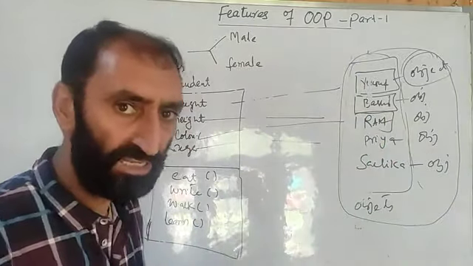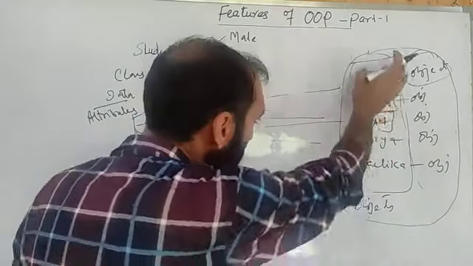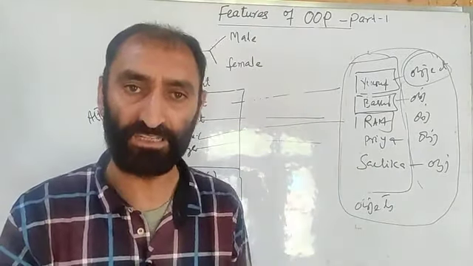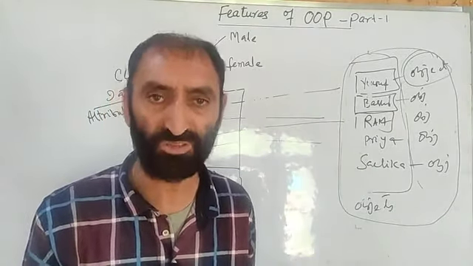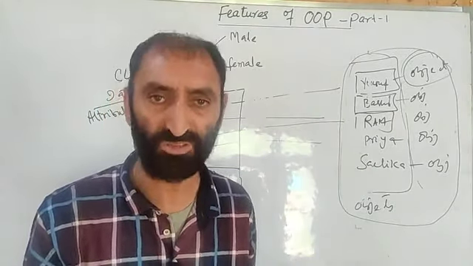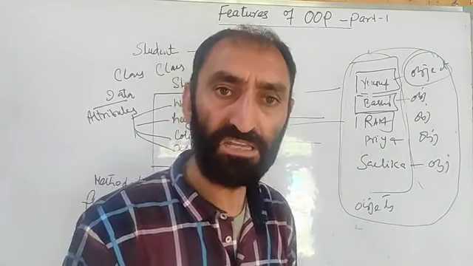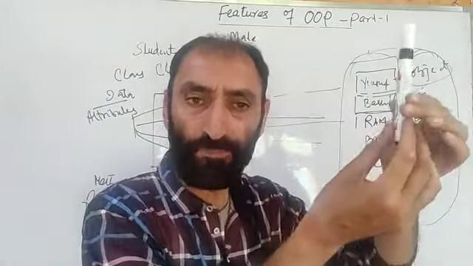So we can say that a class is the group of objects. They share the common properties and the behavior, that means functions or code. I hope now you have understood what is a class. What is an object? The object is the real world entity. Whenever objects are created, the memory is going to be allocated at that time. So we can say, what is an object? Object is the entity about which we want to